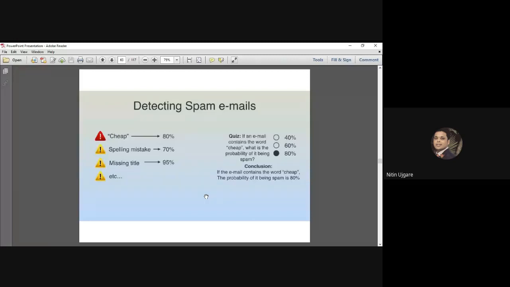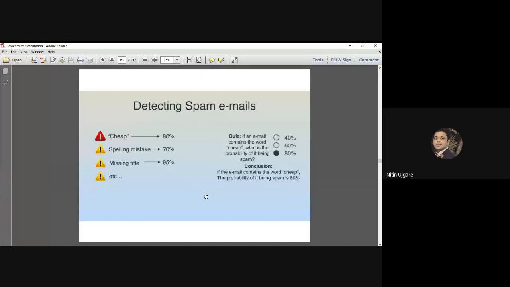I hope you have enjoyed this topic, detecting spam email. This is a real-time example that we have solved using an algorithm in machine learning, which is called the Bayes algorithm. Okay, great. I hope you are enjoying this learning.